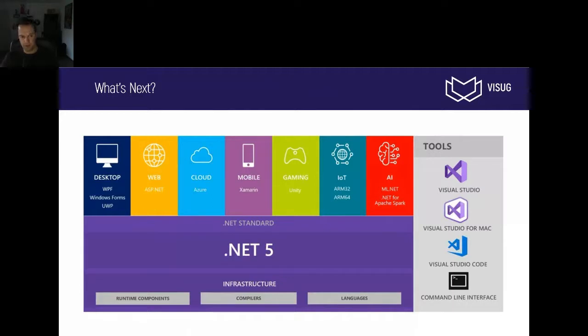So .NET is more than just web and desktop. It also includes Xamarin, which will be renamed to Maui around the .NET 6 timeframe. So one .NET across the entire scheme of platforms that you can use.